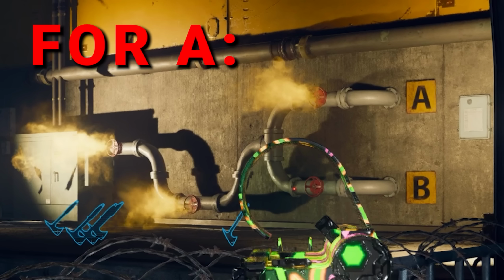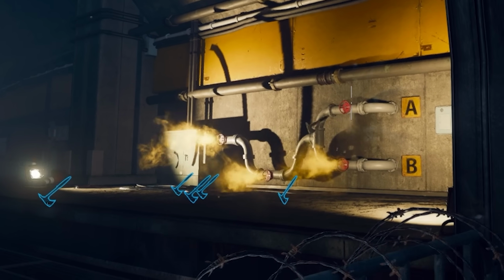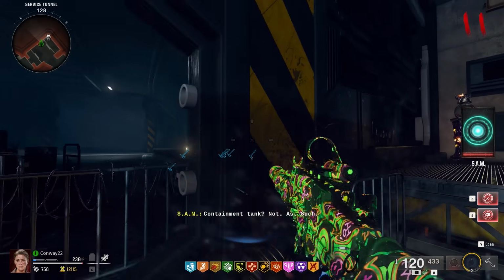So if your letter's A, you're going to turn on the leftmost wheel, the middle wheel, and then turn on the A, but make sure B is turned off. Or if you've got B, turn on the leftmost, turn on the middle, and then only turn on B and turn off A. You have to throw your tomahawks very precisely to get the wheels to turn, but once you've successfully turned on the 3 valves that you need to get gas to flow to your letter,